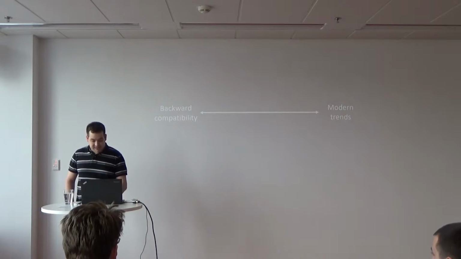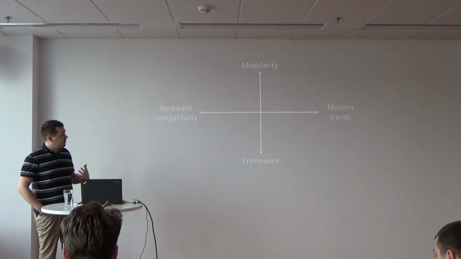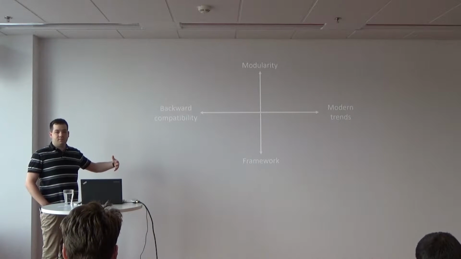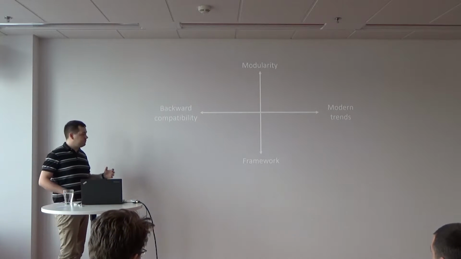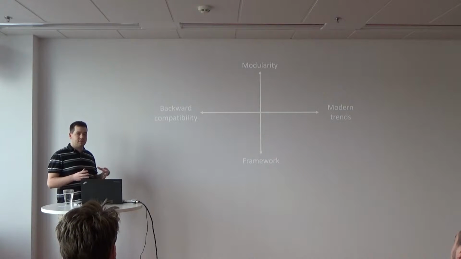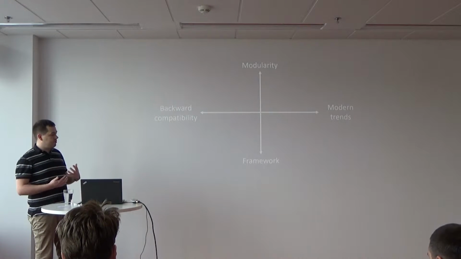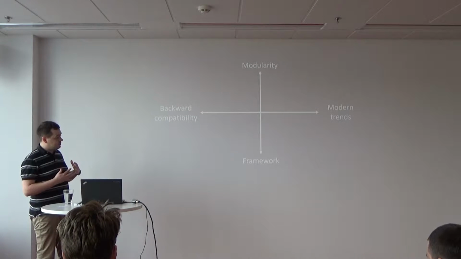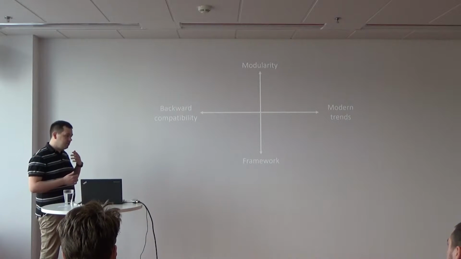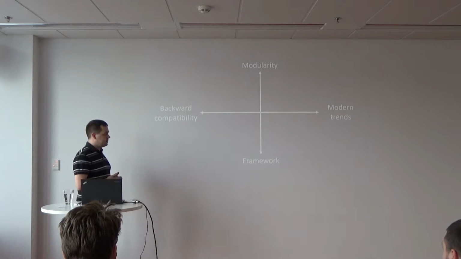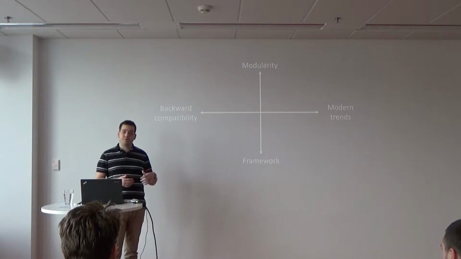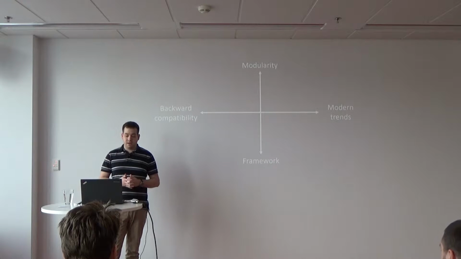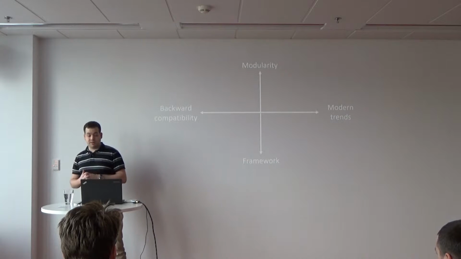So this is one vector. Another vector is the fight between modularity and framework, because a lot of developers, .NET developers, prefer to have a full framework with everything they need, because the components in the framework are somehow standardized, and you can use a single documentation, and you have in most cases one vendor that can give you some hot fixes and things like that. So you don't need to install tens of libraries and find a way to make them work together.